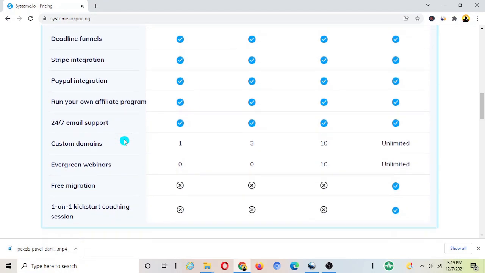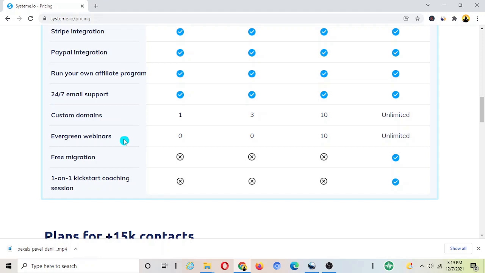Guys, this is a full featured plan. There are limitations in numbers, but you can do everything except creating webinars, which you don't need as a beginner. You don't even need to use all of these features, and you already get enough features to run your business